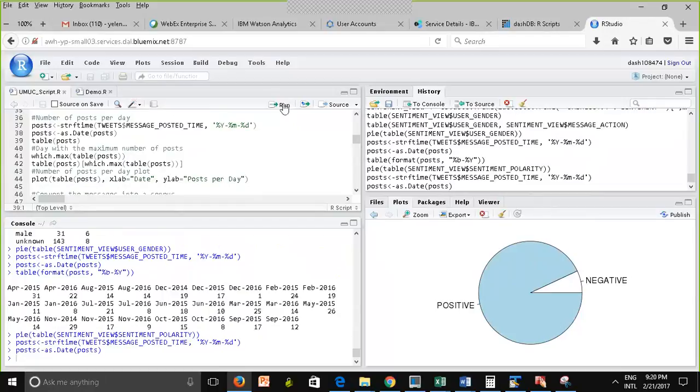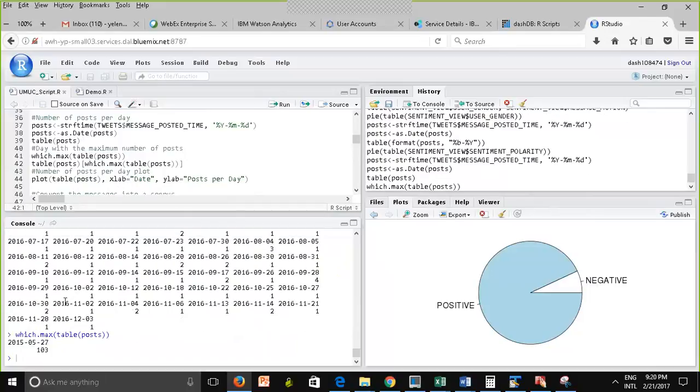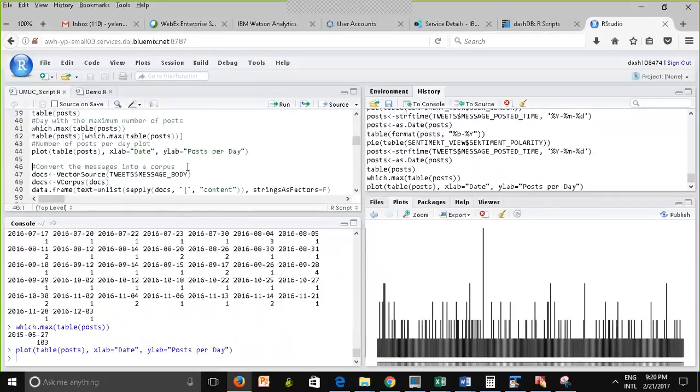But here, what I'm also doing is trying to see on what day we had the maximum number of posts, right? So this is a date. On that day, we had 103 posts, right? And I can do my plots here, right?